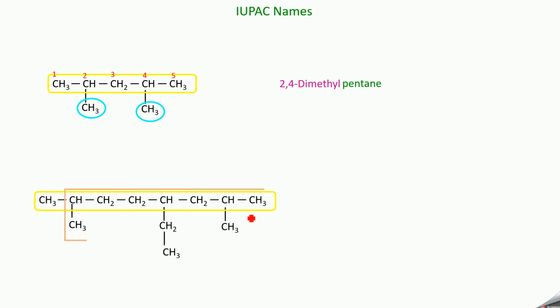Now if you take this one, it contains 8 carbons and is a continuous one, but there is no change between this chain as well as this one which is represented in the box. So we can take this box as the longest chain. Now it contains 8 carbon atoms. Do numbering. 1, 2, 3, 4, 5, 6, 7, 8, total 8 carbon. And here in the second carbon and in the 7th carbon we have 2 methyl groups, and in the 5th carbon we have 1 ethyl group.